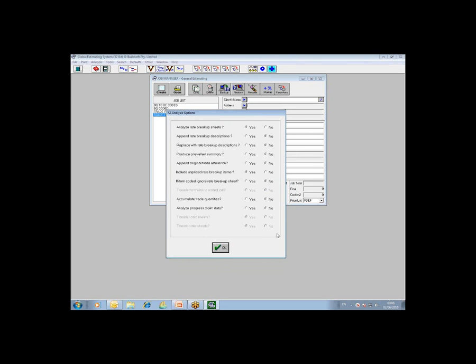It asks you a few questions, all of which I'm not going to go through here. Some of them are fairly straightforward. But the top option is quite important: it says here, analyze rate breakup sheets. What that means is if you have coded a section of your bill or tender document to multiple packages, as I've done in the rate build-up, you need to tell the system to go looking for the codes there. So it's analyze rate breakup sheets. Yes, I want to analyze rate breakup sheets. The other options are fairly obvious, so I'm not going to go through all of those. But strictly speaking, if you have multiple coded